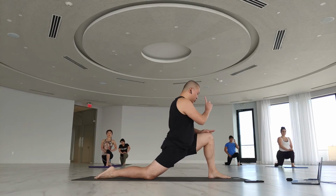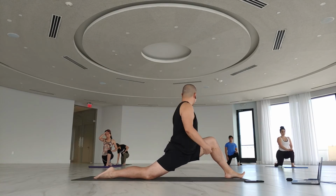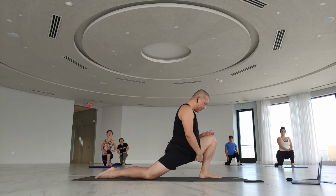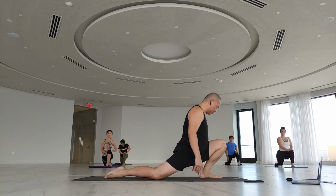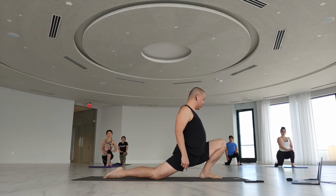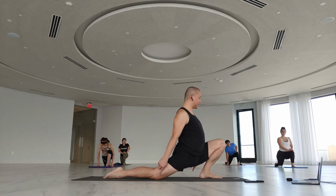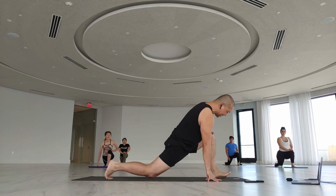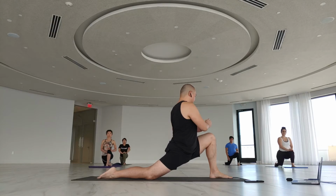What you don't want is to have the foot too far forward, because this is going toward a split. It requires a lot more flexibility. However, the heel can go further back and the knee can come further forward. As long as the heel is down, you can take this as an option for more advanced students, because this requires a lot more flexibility. And also because the heel is closer to the opposite knee, the balance is a lot harder to do. So that's why basic is with the knee over the heel, with your feet and your knee slightly further apart,